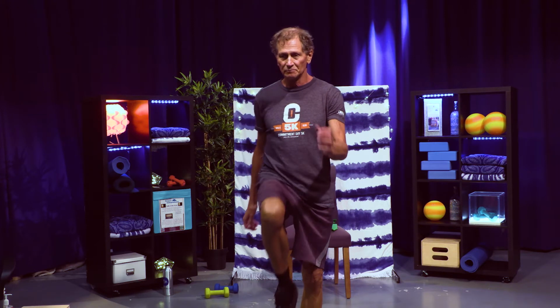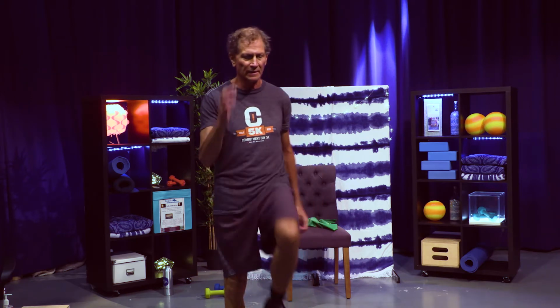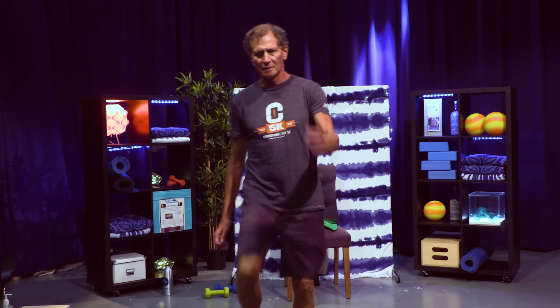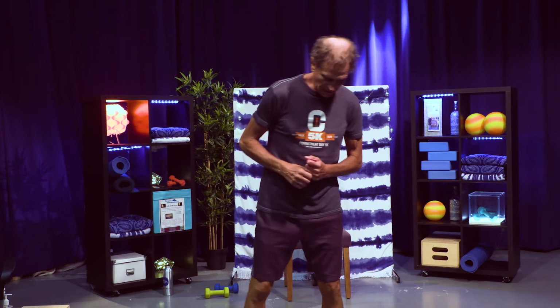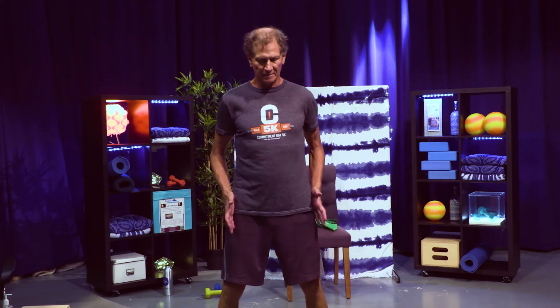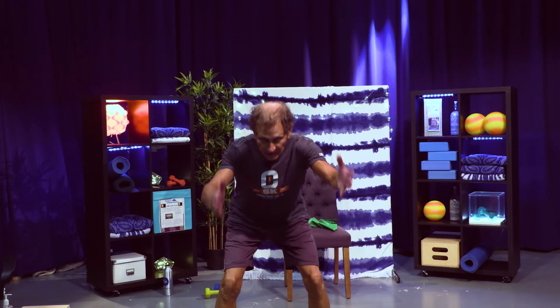Something that we need to do. I'm going to start marching a little bit faster. So this time with the squats, a simple way to make this more challenging, I'm just going to make my feet a little wider. Before I had them at hip width apart, now they're slightly wider than hips. And I'm going to take the same thing, I'll bring my hips back as I take my arms up